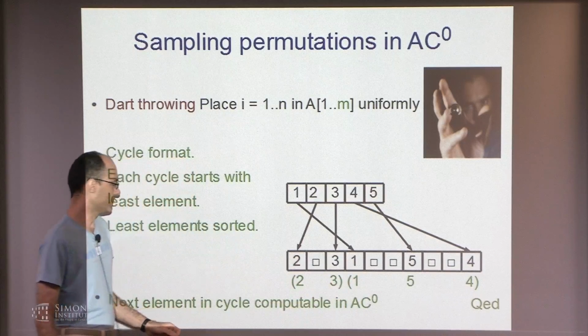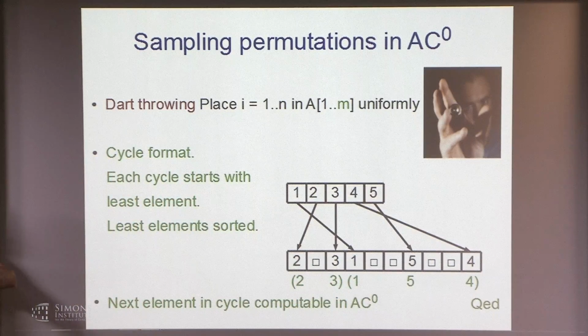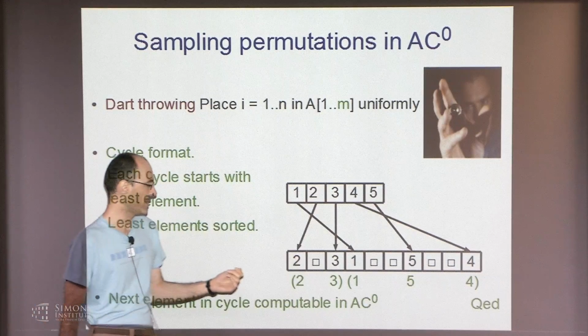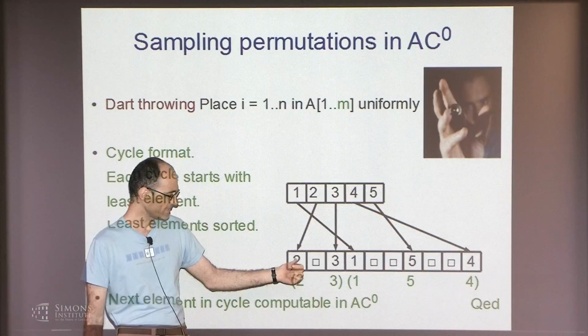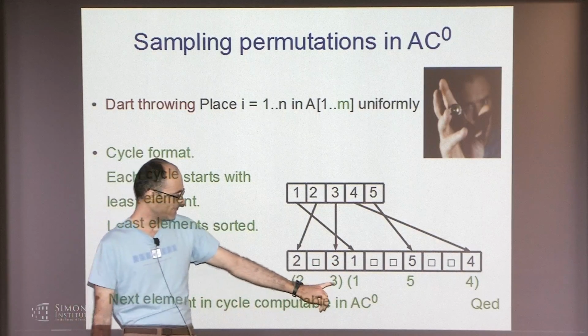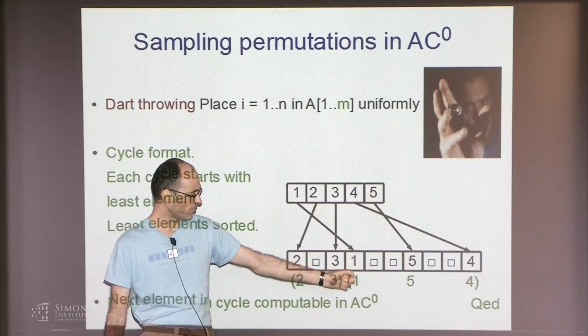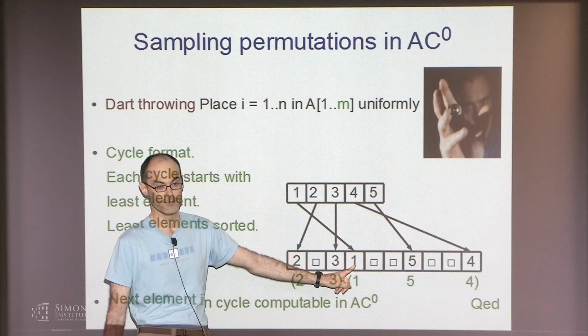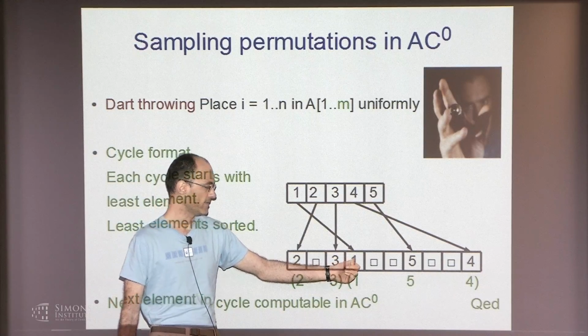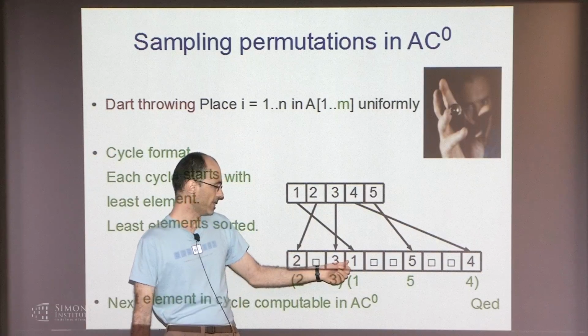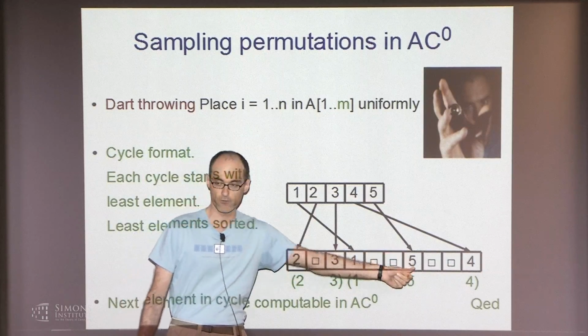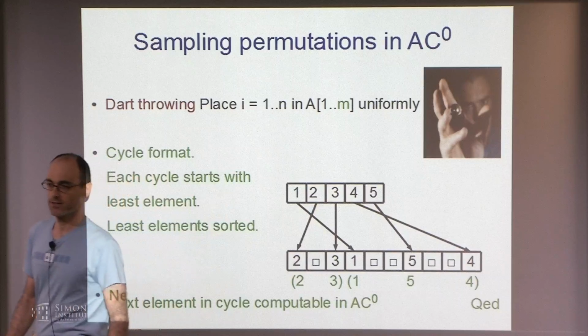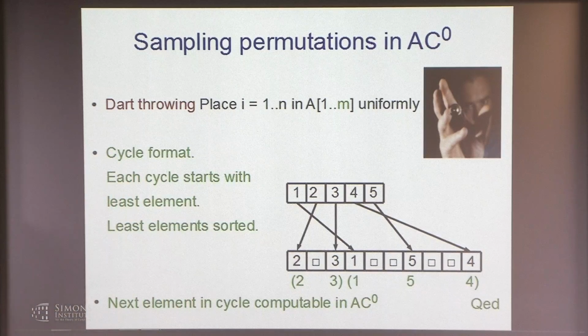What you need to do now is to be able to compute the next element in a cycle in S0. That will allow you to actually output the permutation. And this can be done because you can identify in S0 the beginnings of cycles. How do you do that? Well, the beginning of a cycle is an element which is smaller than anything that comes before it. So 1 is now the beginning of a cycle. Once you know that, it's easy to find the next point. If you're not at the end of a cycle, you just go forward, and otherwise you go back to the previous beginning. Now you can find the next one, and you can just output the permutation.